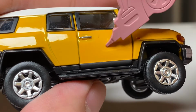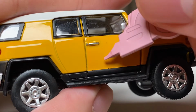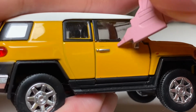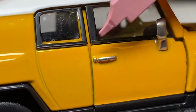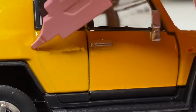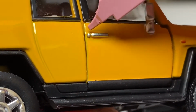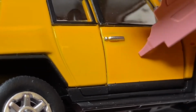There are a couple of black spots right here and here that I don't know how to remove, and this is a very common thing with yellow paint. You can see it's not covering it perfectly, so it looks a little bit green here and here. Yeah, a little bit unfortunate, but that's not bad, honestly, for what is basically the price of a Mini GT